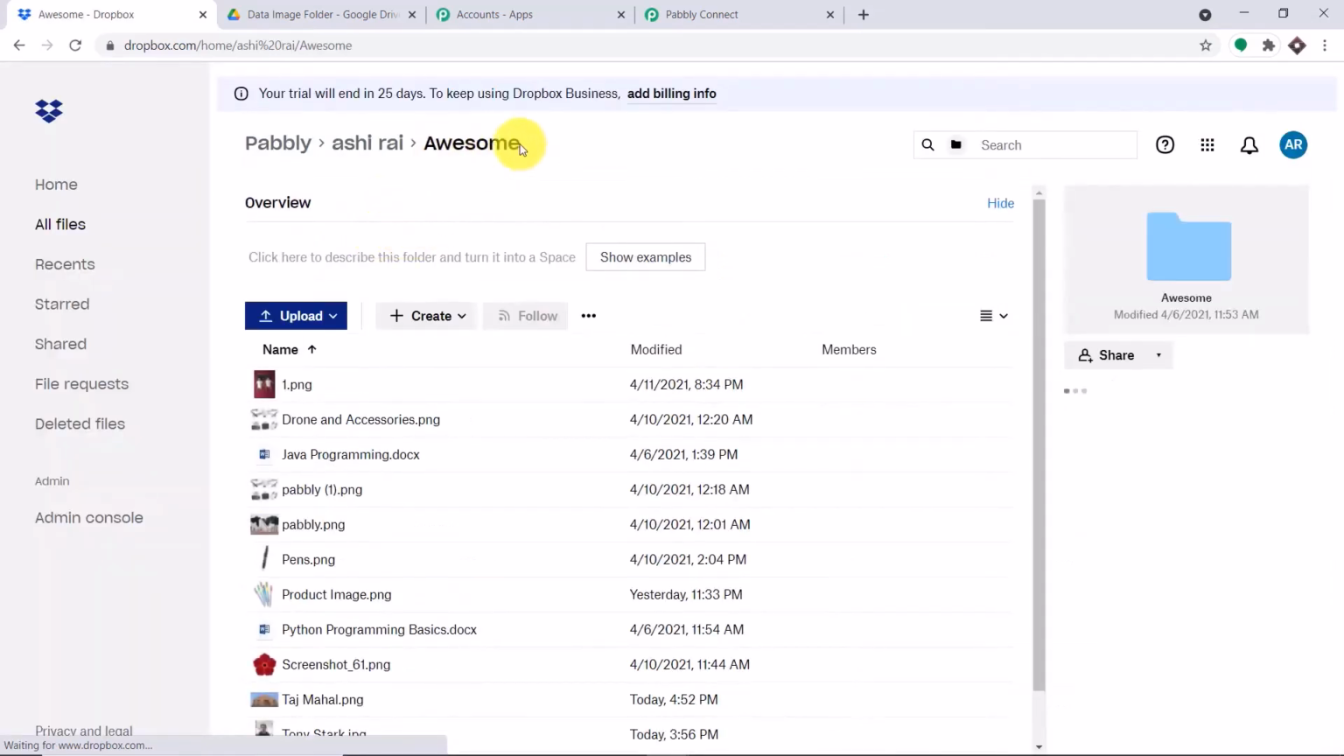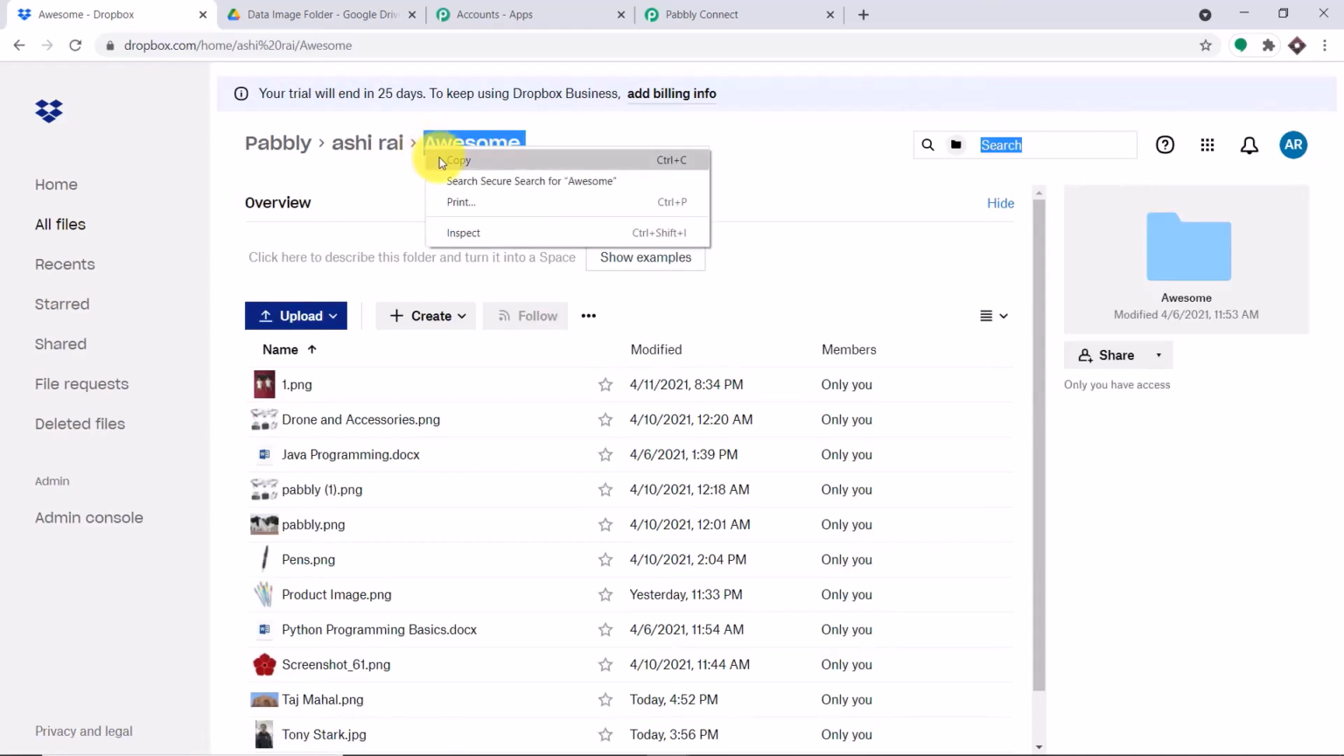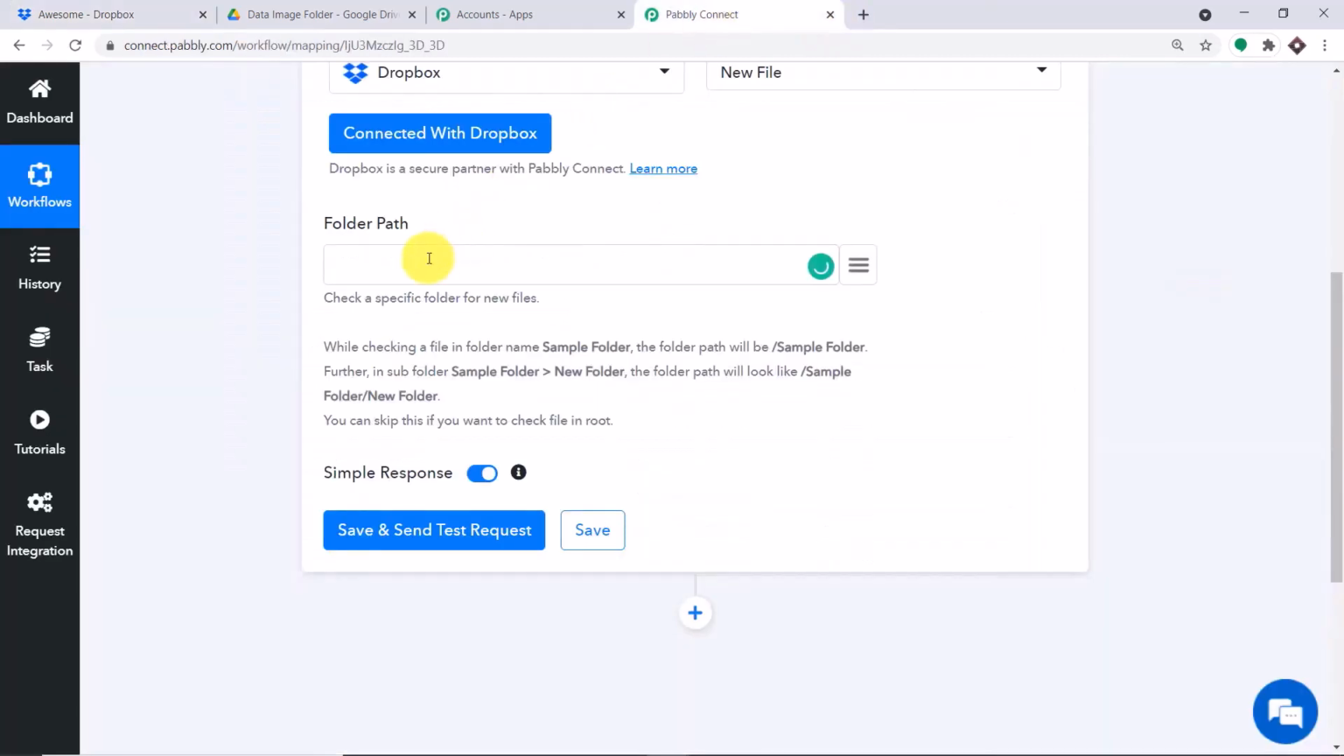So the folder name is awesome. What I'm going to do here is, because I'm lazy, copy this and paste it here. So now the folder name is here. Now to specify the path, all you have to do is enter a slash. Okay, so our folder path is ready. Now coming to